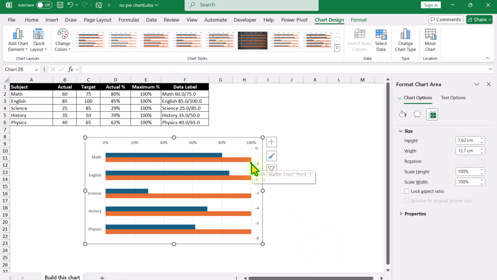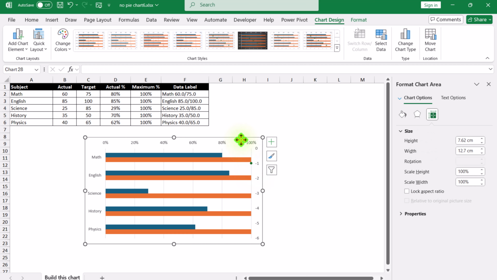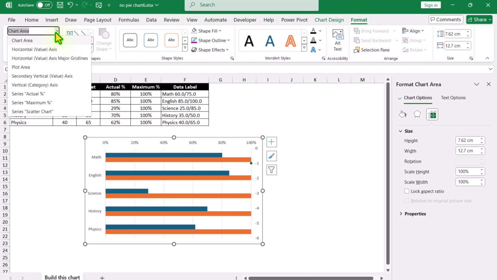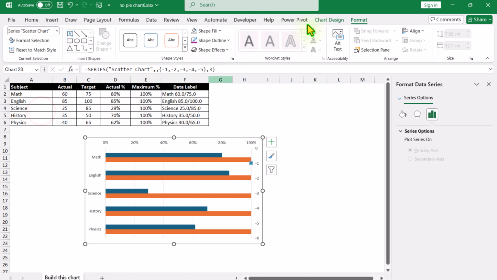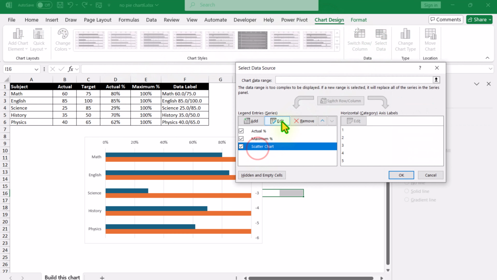Of course, you can easily click on this dot to select it, but there is another way as well. If you are facing difficulty, click on the chart, click on format. On the very left side, you can see everything about the chart. In this case, actual percent, maximum percentage, and scatter chart. I will simply click on the scatter chart, click on chart design, select data, click on scatter chart, click on